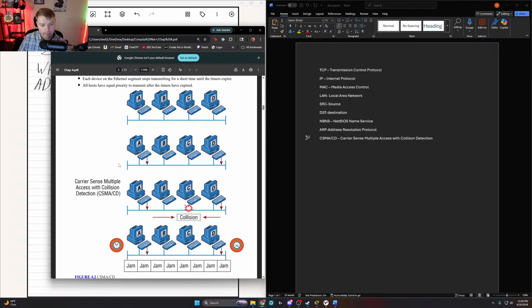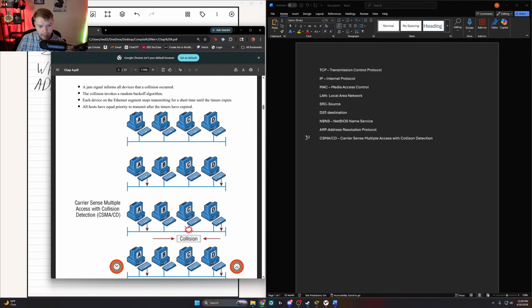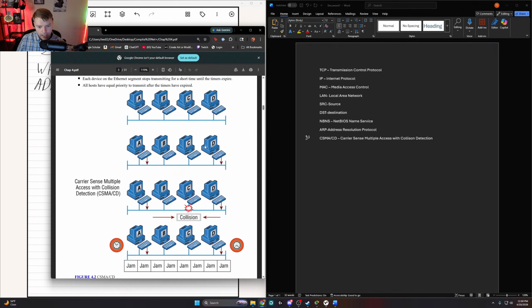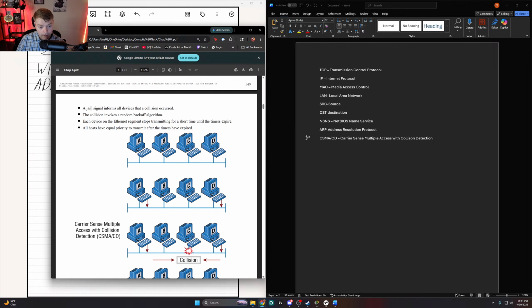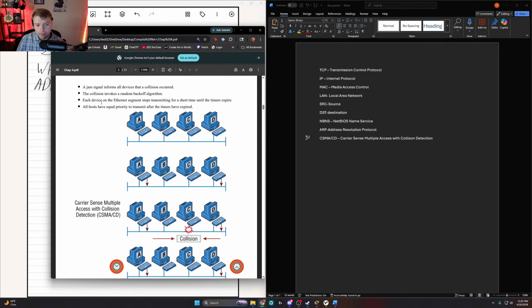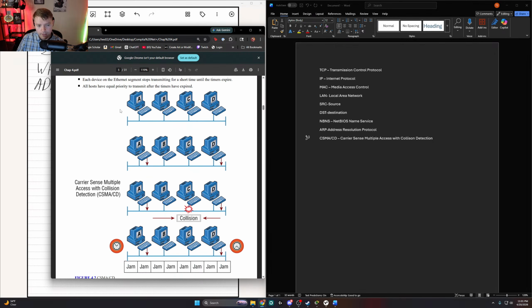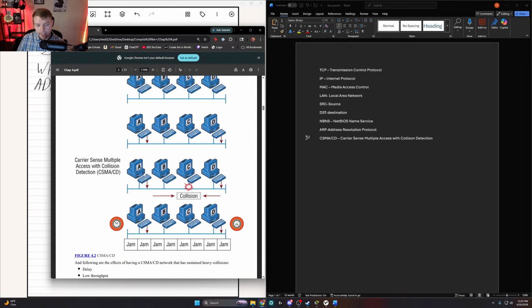Okay, and this is our example that they're providing us. So we have hosts A, B, C, and D. A and D start transmitting, and we can see that a collision occurs around C. So what will happen then is we have the jam signal that occurs because of a collision. The collision invokes a random back-off algorithm. Each device on the segment stops transmitting for a short time, and then all hosts have equal priority after the